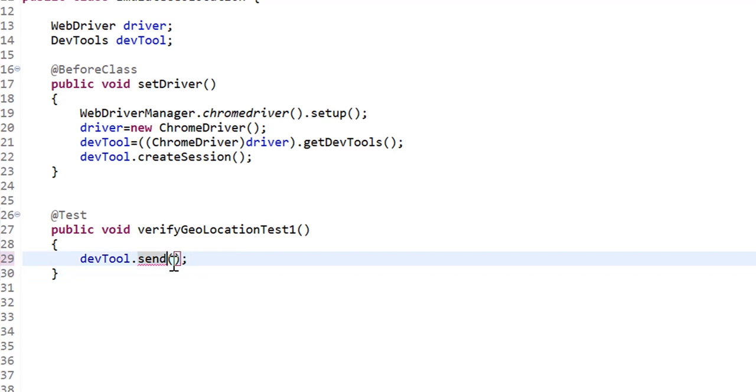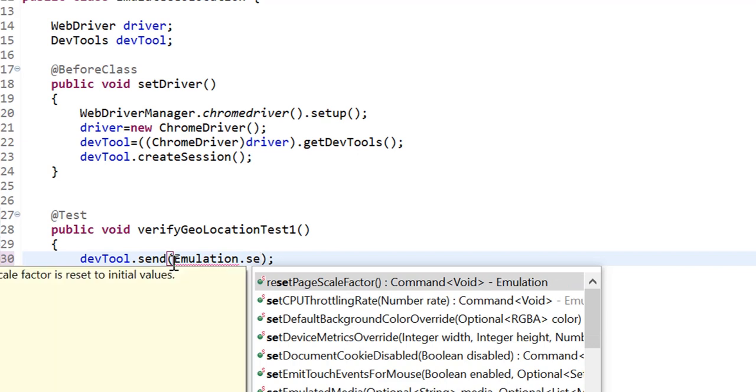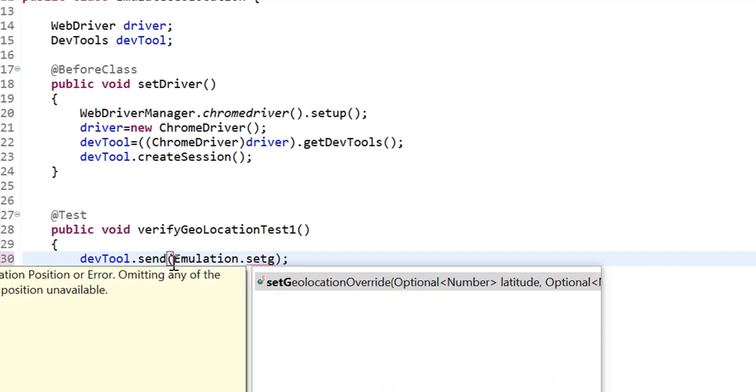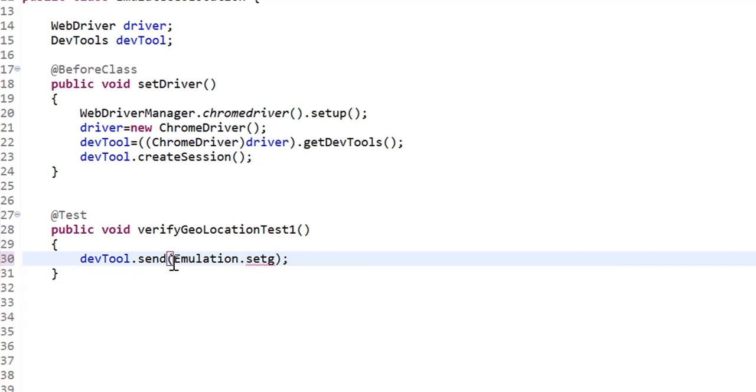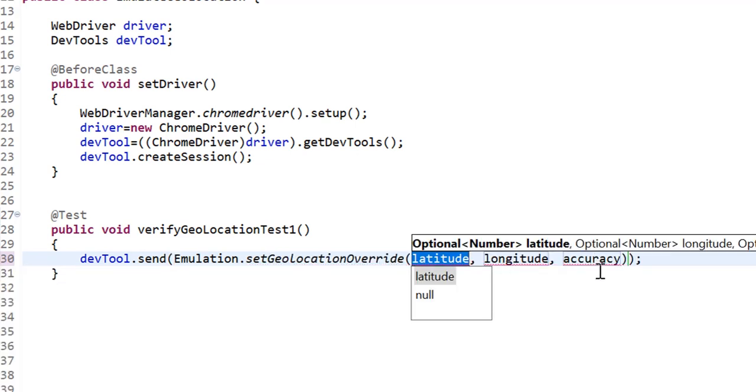Inside this send method we have to pass Emulation.setGeolocationOverride. Let me enter this, and here you can see we have to pass three parameters: latitude, longitude and accuracy, and these are all of optional type.